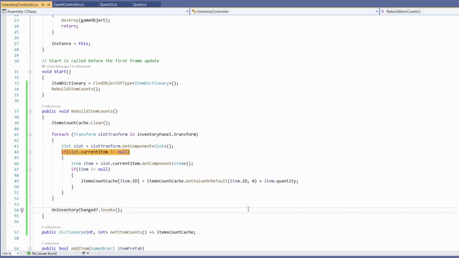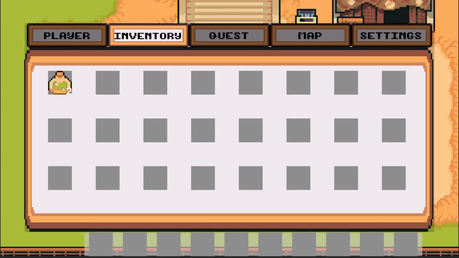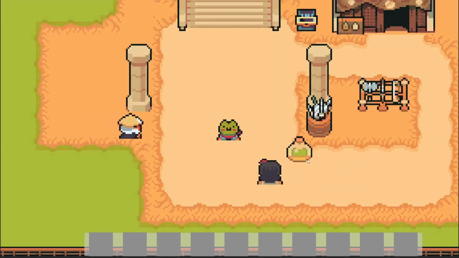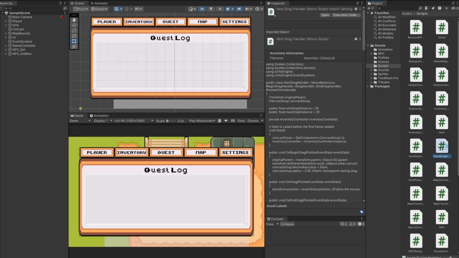Now before I get synced up with our quests, there's one more place we need to call our rebuild item counts from. Because not only when we pick up our items will we want this to rebuild the cache, but also when we drop our items, we're going to want to know that we've dropped one and our item count has gone down. So in my scripts folder, I have an ItemDragHandler script, which handles all our dragging and dropping